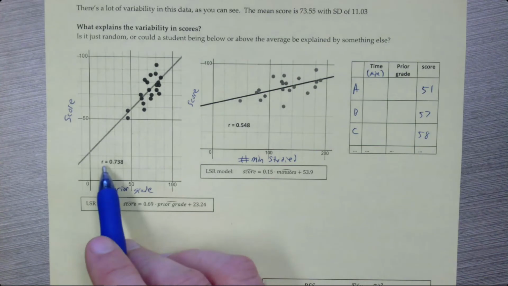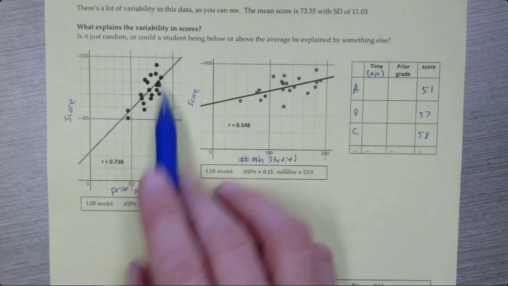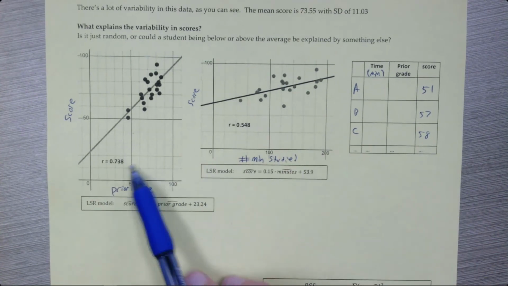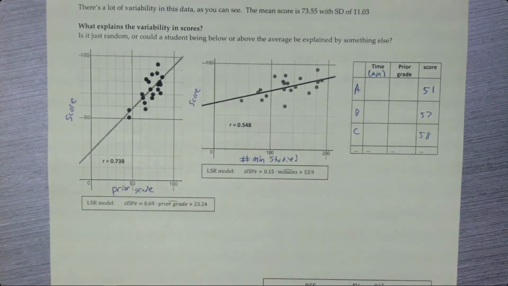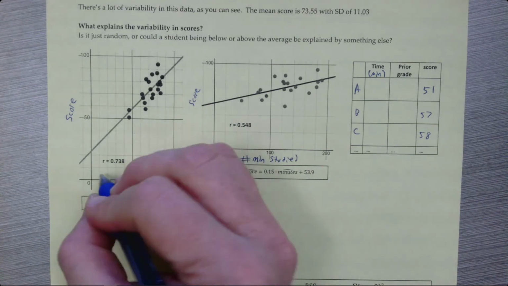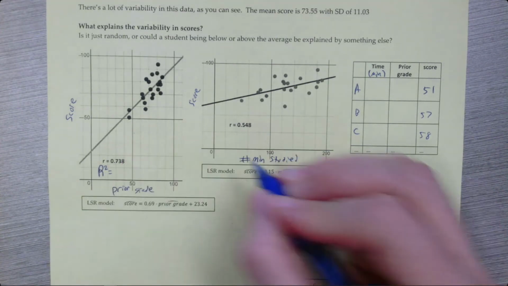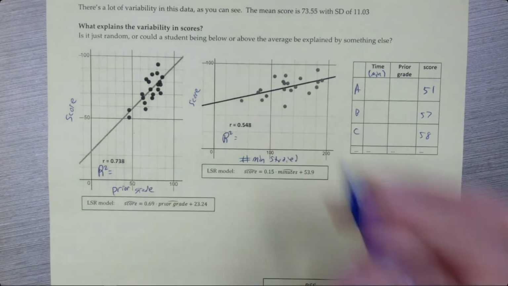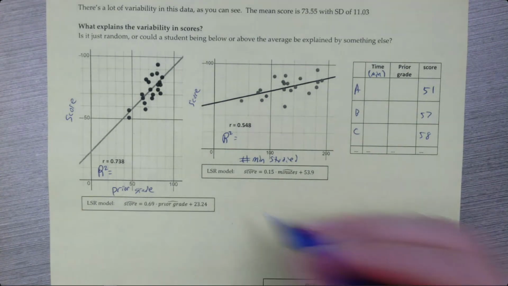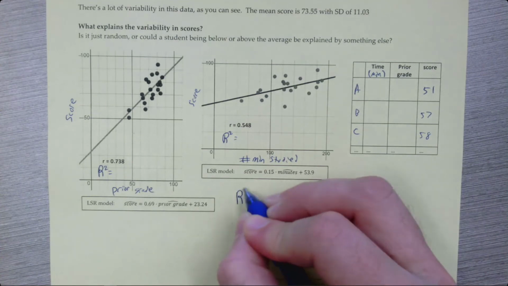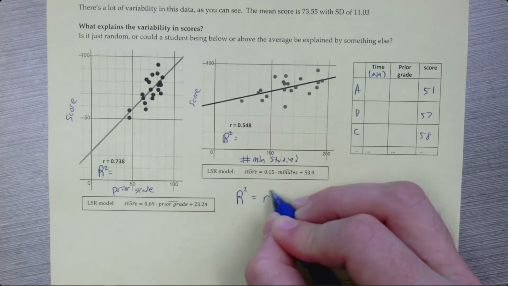All right, so I've listed the R values for these two scatter plots. And again, R has nothing to do with this line. R is just about the strength of that relationship between the two variables. Let's calculate R squared. There's a really, really important thing to know, which is that R squared is equal to little r squared